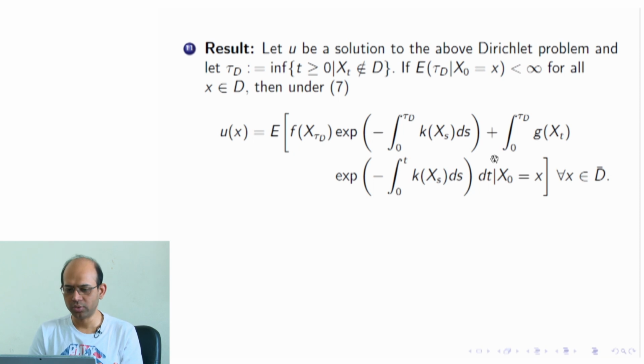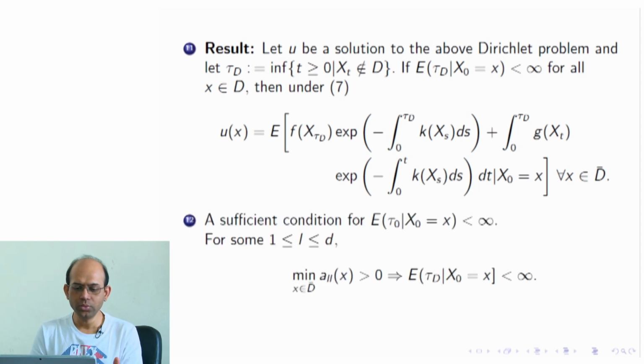So all these things are well defined because of this property. This is an essential thing to assume, because if the expectation of tau D is not finite valued, then we might not be able to do much. Actually tau D should first be finite valued, and then this is a little extra condition that the expectation is also finite. If tau D is not finite valued, of course one cannot write down these things, because then X infinity makes no sense.